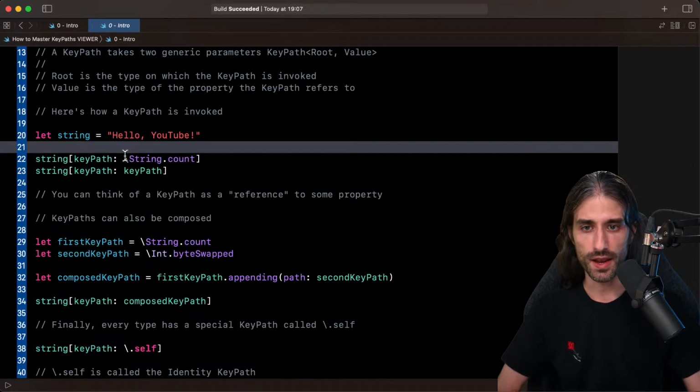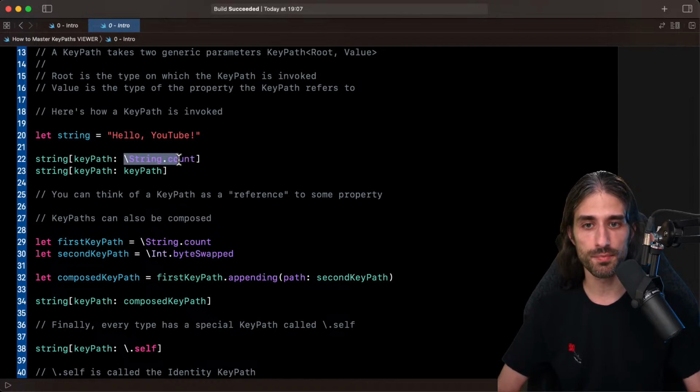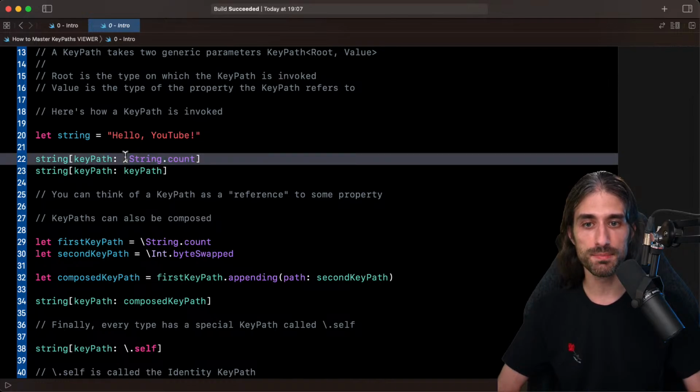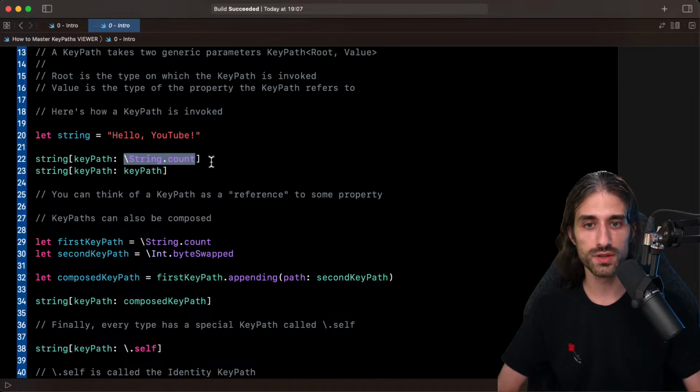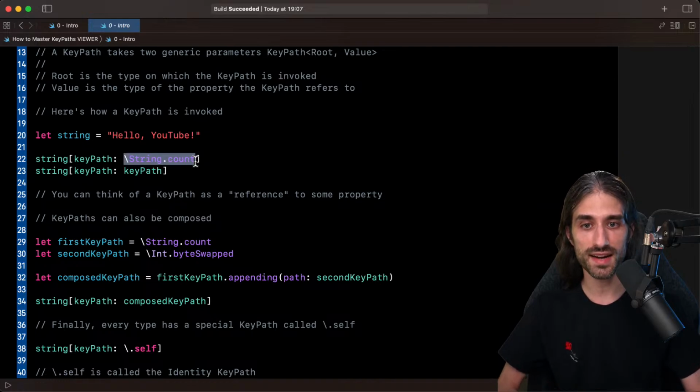So here we can see I'm invoking the keypath with two different, we could say, syntaxes, two different ways of invoking the keypath. In the first example, you can see I'm passing a keypath with the backslash syntax, and this is what Swift calls a literal keypath. You might see this term being used, and so a literal keypath is when you create the keypath by using the backslash syntax. The same way that this right here is a literal string.